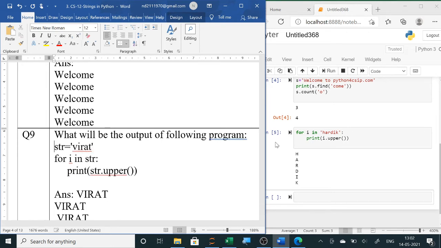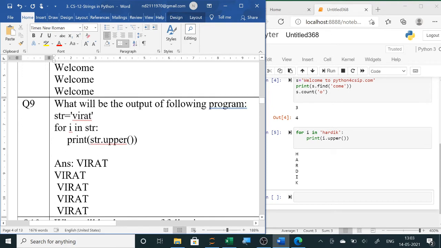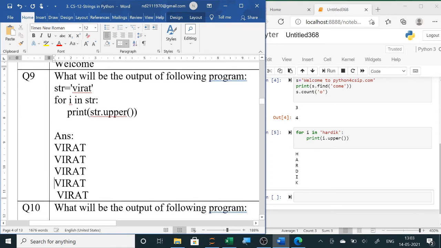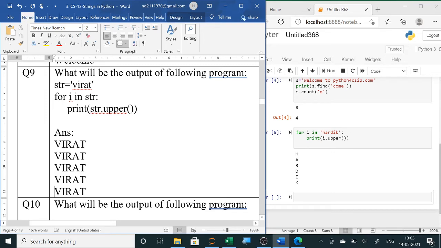The string is Virat, and for i in string, 1, 2, 3, 4, 5 times it will take, and string.upper, capital letters Virat, 5 times it will print, obviously in the same column. So this will be your output.